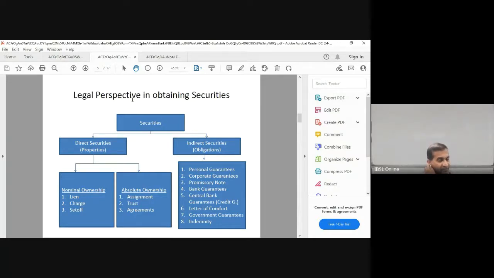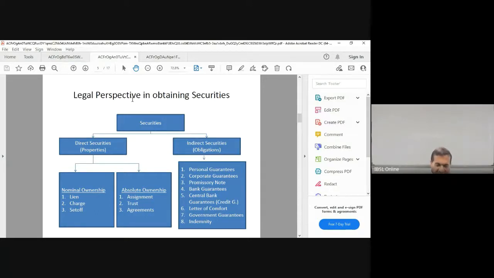Number 3, agreements. So what are these agreements? The 2 examples are lease agreements and hire purchase agreements. In a lease agreement, the leasing company owns the property. So they give it to the customer on a hiring or rental basis. The customer will keep on paying a rental, and the property is not owned by the customer. Only at the last point will they transfer the ownership. Until such time, the properties are owned by the leasing companies. That is why there is a seizing system, where a set of people go and take the vehicle back with a complaint lodged with the nearest police station.